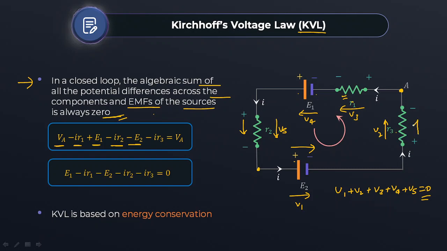Now we are crossing the resistor from positive towards negative, so minus IR3, that will be equal to VA. Now see here, when we cross the cell from the positive terminal towards the negative terminal, moving like this, delta V will be what? Negative, minus V. If we move the other way, delta V will be how much? Plus V.